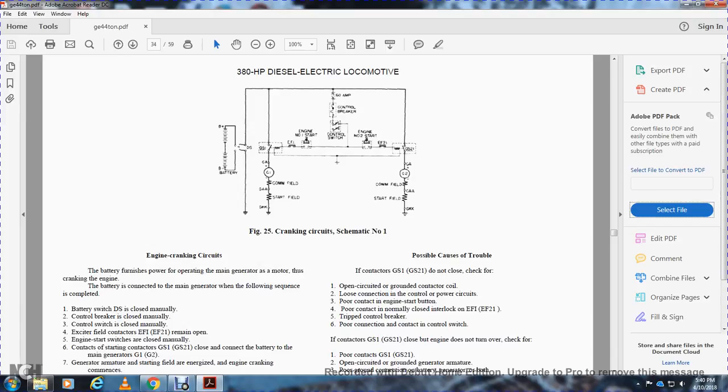The battery is connected with the main generator with the following sequence completed. The battery switch for the DS is closed manually, the control breaker is closed manually, and the control switch is closed manually. The exciter field switches for the EF1 and EF2 remain open. The engine start switch is closed manually. The starting generator contactors GS1 and GS2 close, connected with the battery with the main generators G1